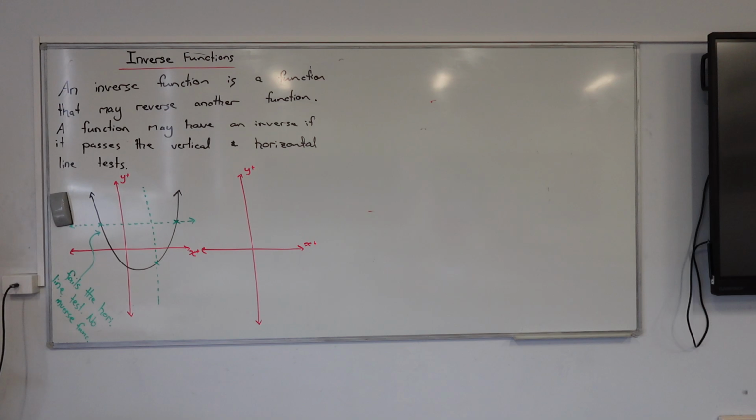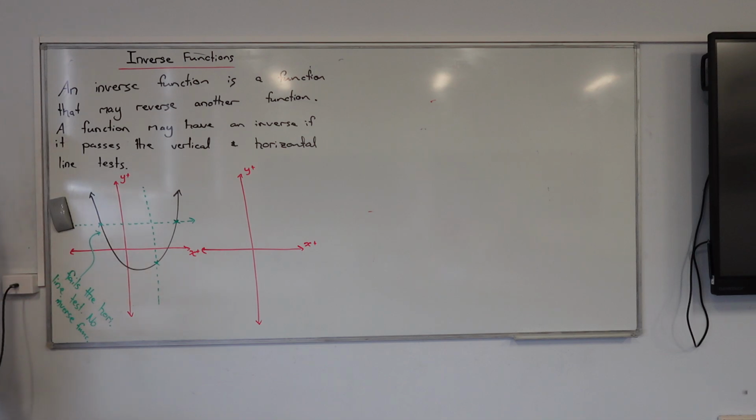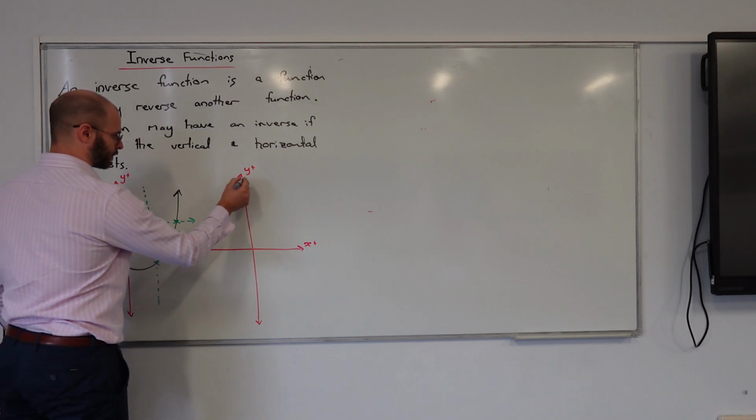The reason for this is you have multiple outputs for any singular input. And if you've got multiple outputs for any singular input, you can't really reverse that, because it's got to have one output for every single input, basically. Does that make sense? Now suppose we have a look at a different function,